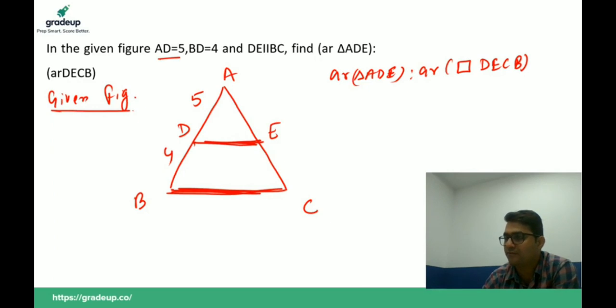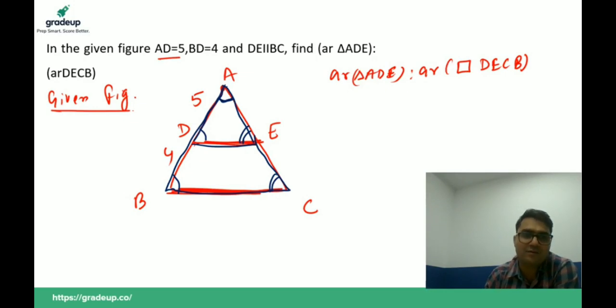Hello, good evening everyone. Now listen carefully. Since this triangle and the bigger one are similar, as you can check, in the smaller one this angle is common to the smaller and the bigger. And this angle must be equal to this angle, corresponding angles, because these two lines are parallel and this is the transversal line.